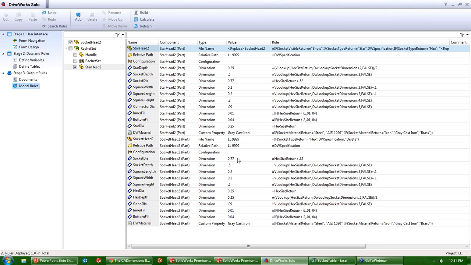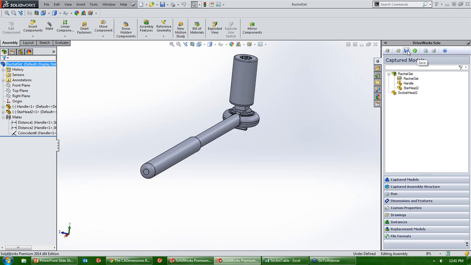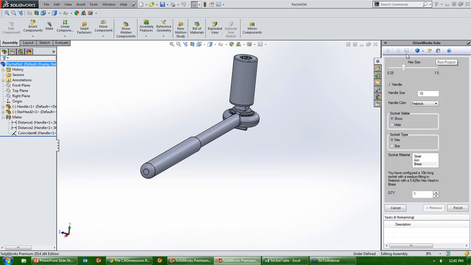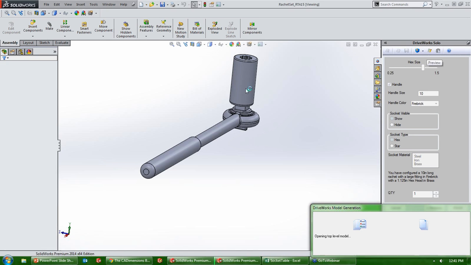All right. I don't think we have anything else missing as far as our rules go. We can go ahead and play with this one now. So I'm going to close out of here, save my project, and run it. We now see our form over on the right side, and I can start moving some things around. I do want a handle, I want a hex head, and quantity is okay. So I'm going to preview it,